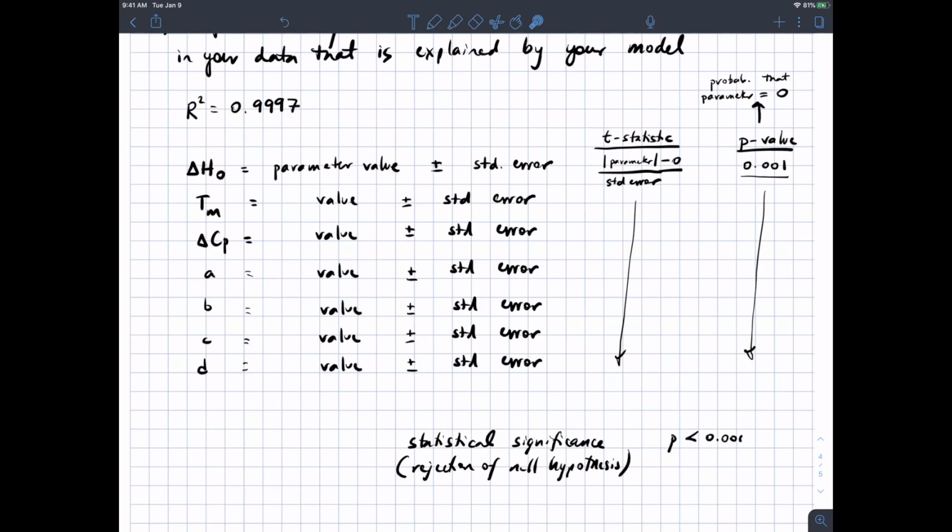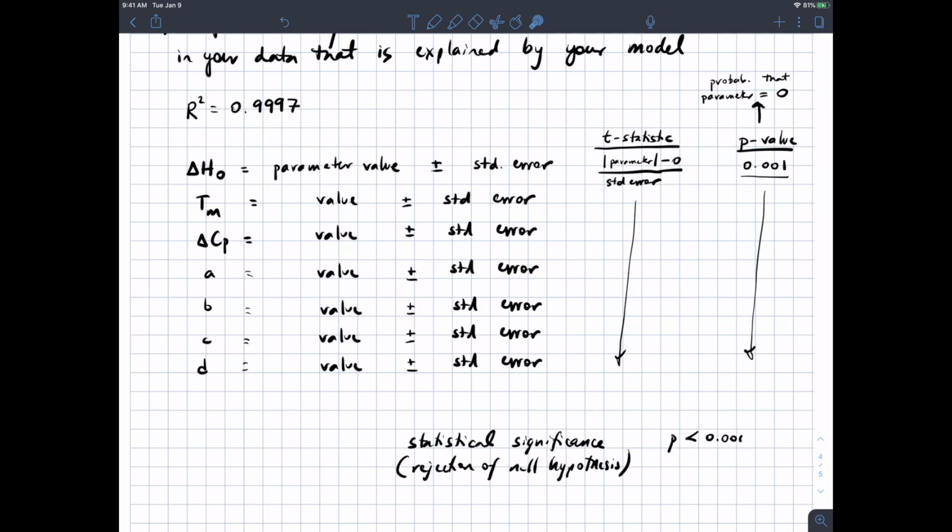And if you identify a parameter that's not significant, one of the things you can do is remove that single parameter and retry the fit and see whether, if indeed that parameter was not significant, the R-squared value will not change a lot, but the significances of the remaining parameters will get much better. Sometimes you'll have both heat capacity and B and D as not significant, and in those cases I usually try to remove delta Cp first,